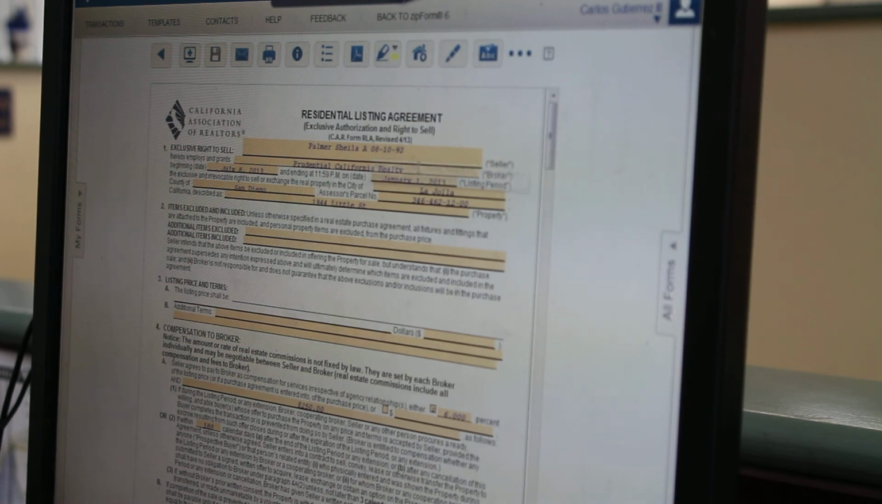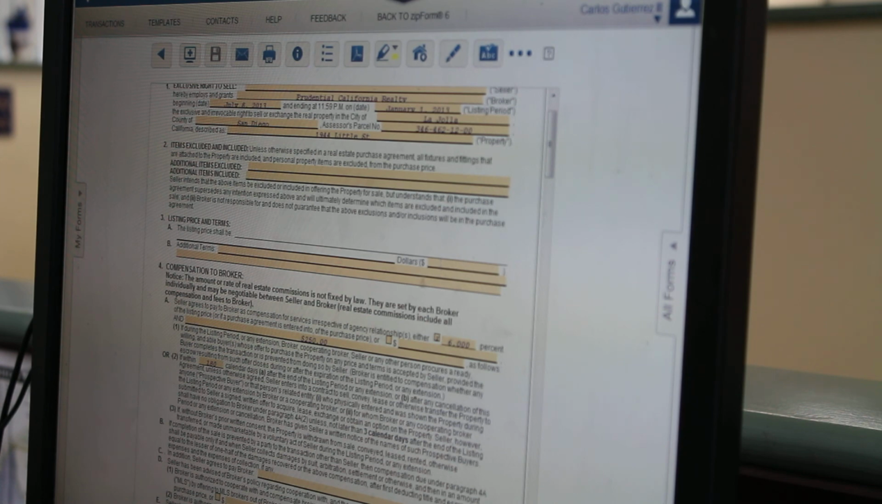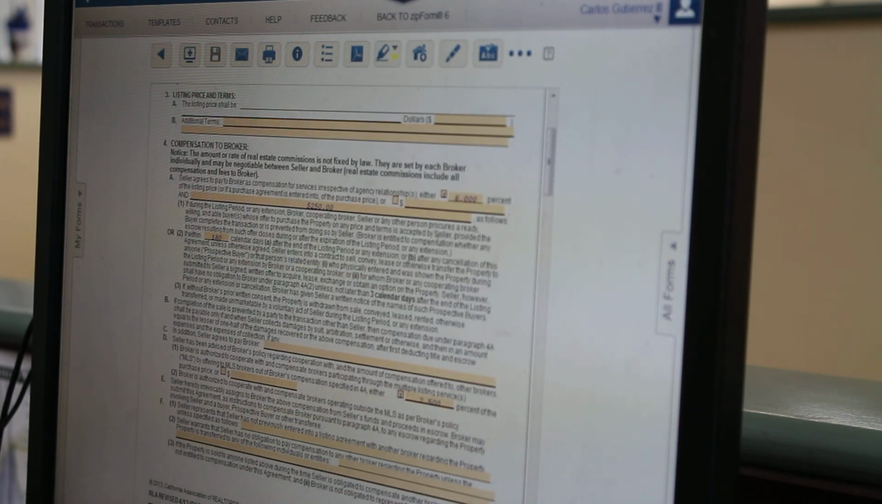And so this is already filled in because we filled it in on the cover sheet. Leave the listing price blank. Okay, it's already going to be, it's always 6% unless